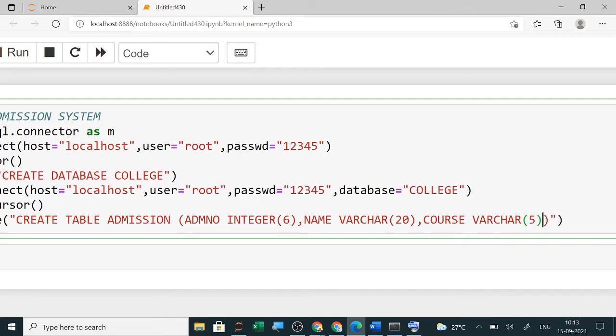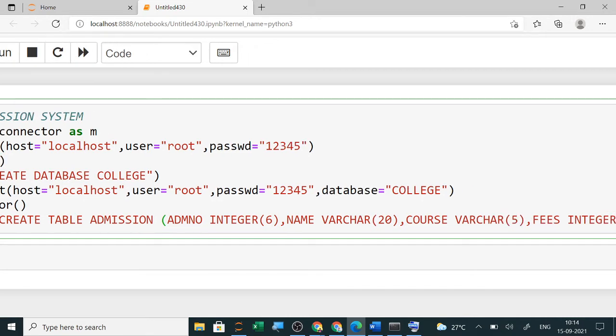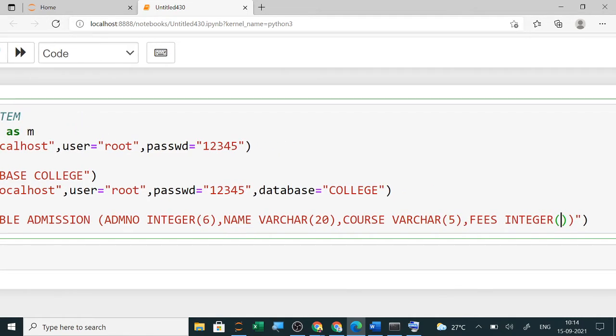So this is over. Now the last one is the fees you have to pay for that course, and now I am giving only integer, and the size I am giving, suppose 8. So your table is being created. This much is enough for your table.